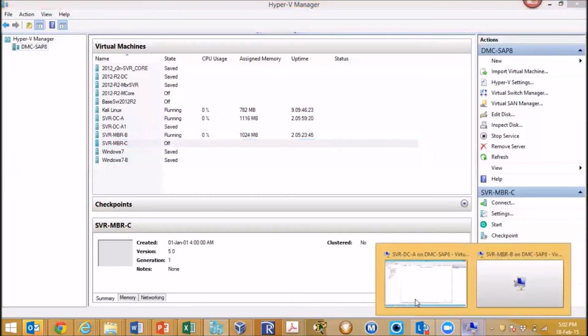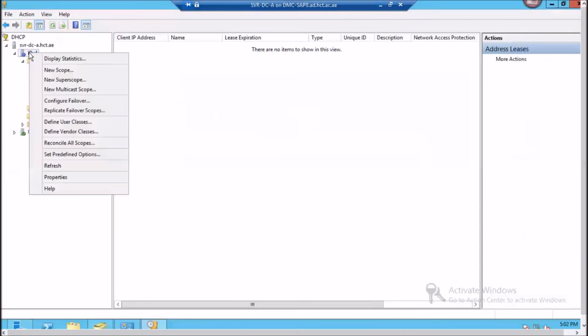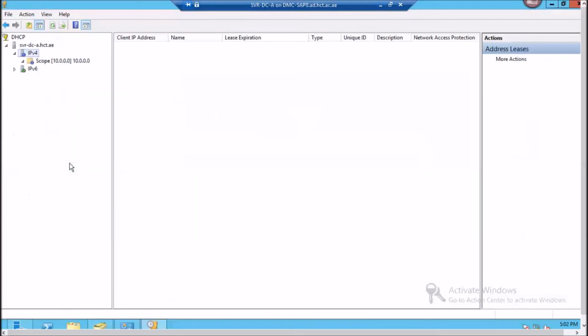Okay. My DHCP server is configured. If you see any icon, there is something wrong with your configuration. Can you see the blue icon? Okay, don't worry about it. Don't look there. What you have to do is right click and just refresh. Sometimes it just becomes green. Can you see that means it's on? Okay.